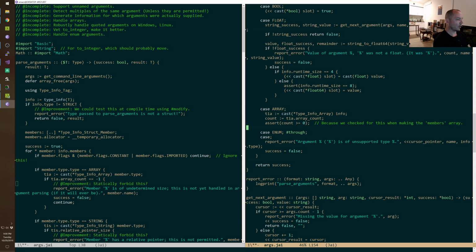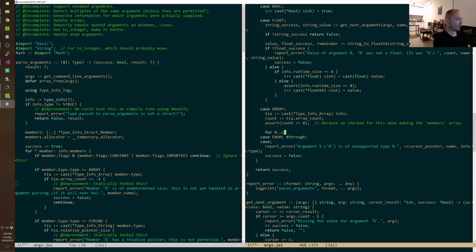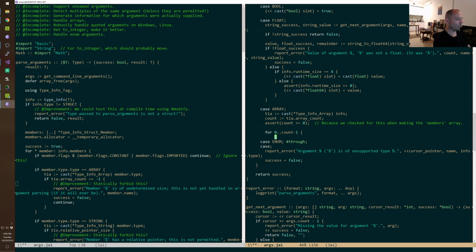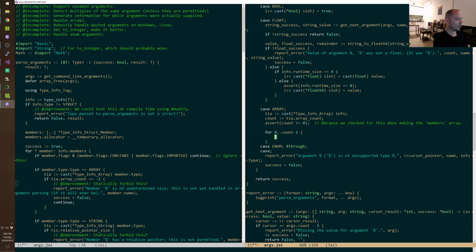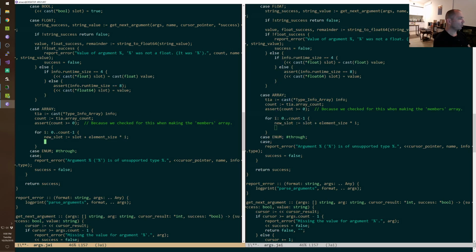All right. For 0 to count minus 1, we do something. We say new slot is slot plus element size, which we don't know yet, times I. Let's call this I. Right? We're going to do new slot,